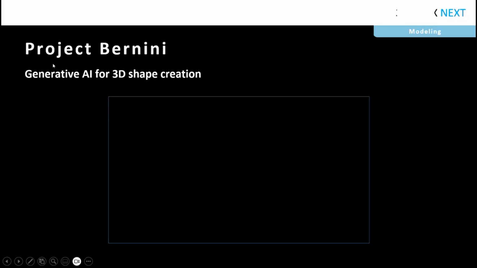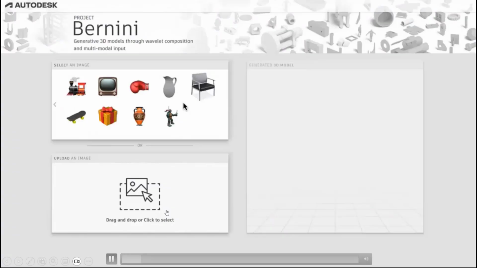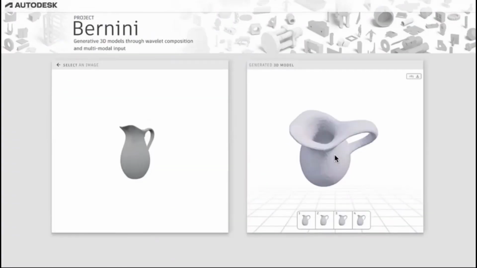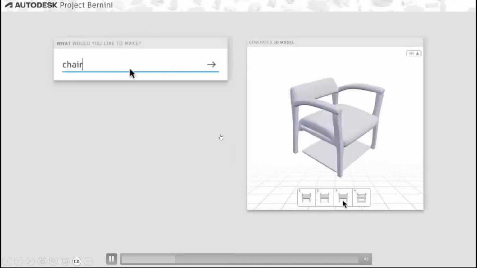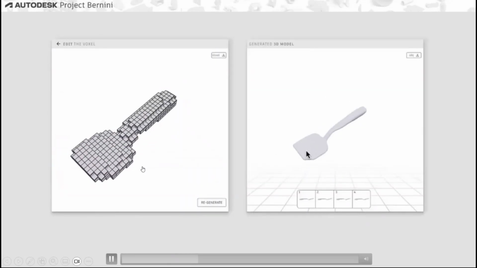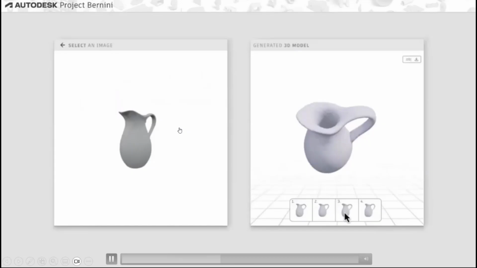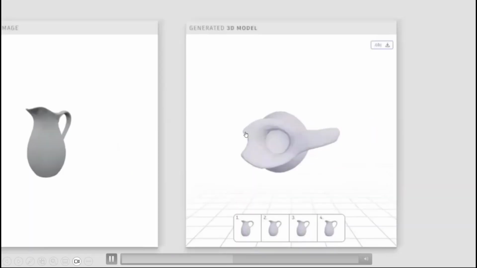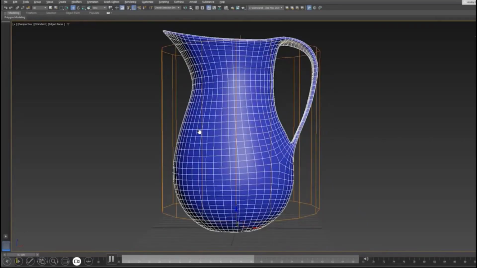Coming soon from what they call Project Bernini. This is AI across the Autodesk platform. They call it Project Bernini, from generative AI. When you put in an object, anything, they can provide a model from the cloud AI. Let's say you want a more scratch model: you just click and drag, and then the Gen AI inside Bernini can figure out which object and which model to create.